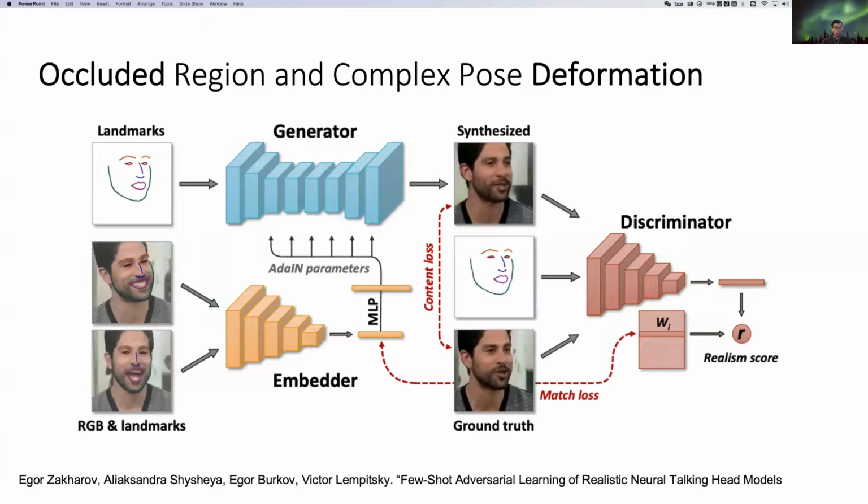researchers at Samsung also embed the reference images to predict the parameters of adaptive instance normalization layers in the generator. So for example, you can see that they also want to generate the output image from one modality. The solution is that they learn those embeddings from embedding networks, which embed some reference images into the adaptive instance normalization parameters. And this few-shot setup can enable the network to generate high quality results.